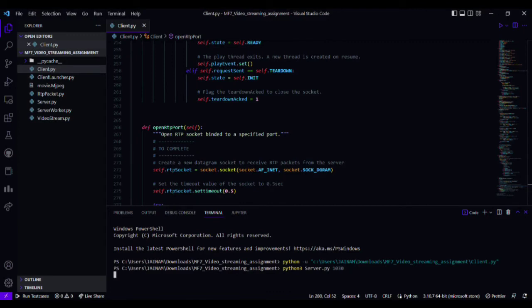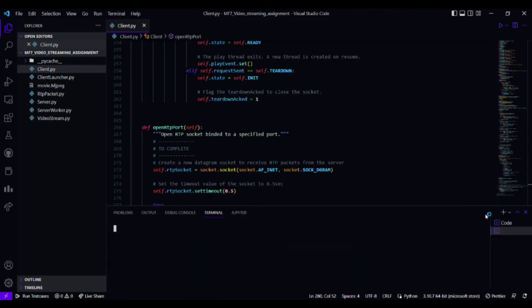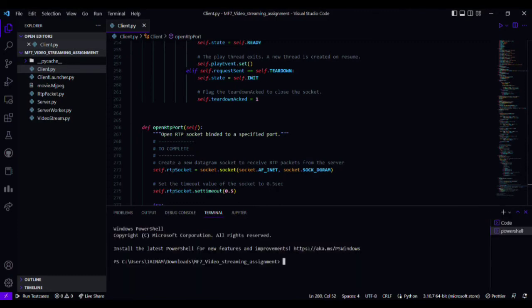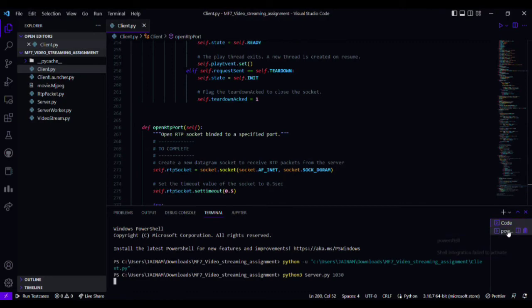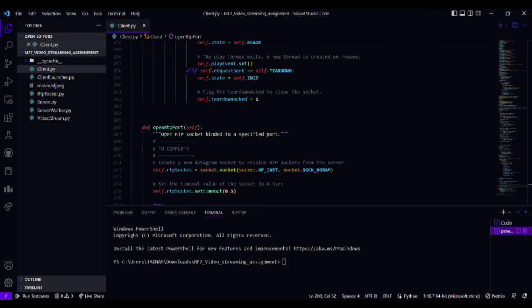So we have executed the command, and now we will open the other terminal. Sorry, I made a mistake. This would serve as the server side of the terminal, and now we will be writing the client side in this terminal. For using the client, we'll type python 3, the file name client launcher dot py, then the local IP address